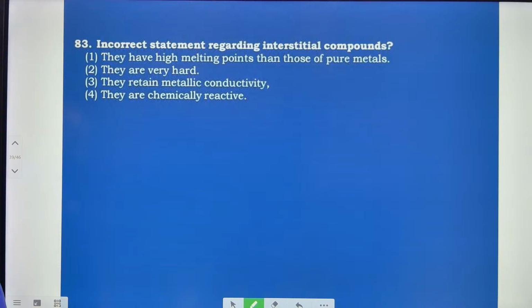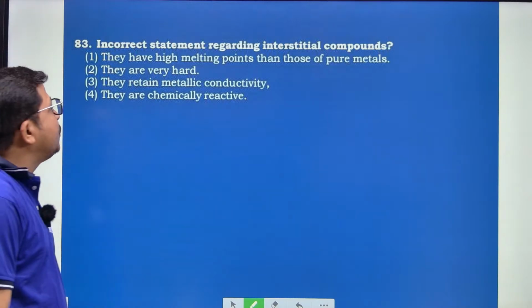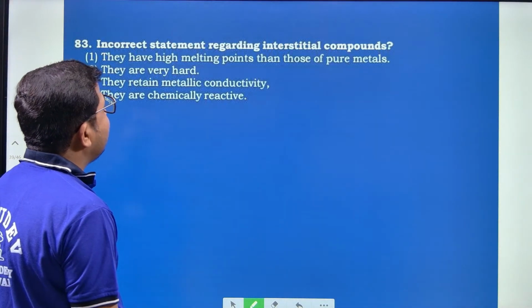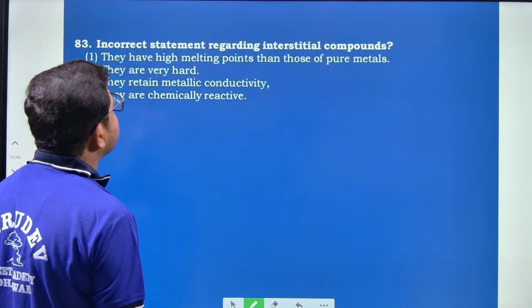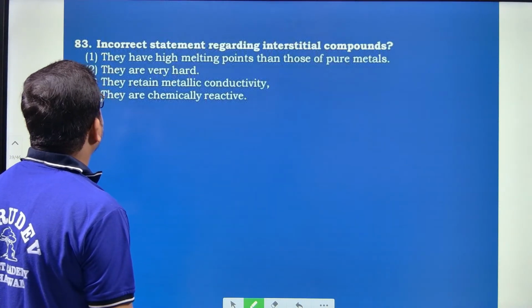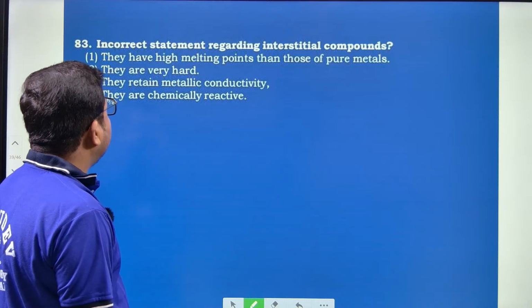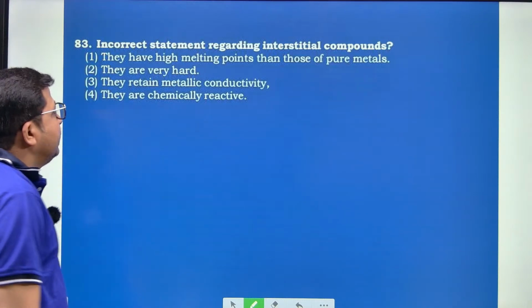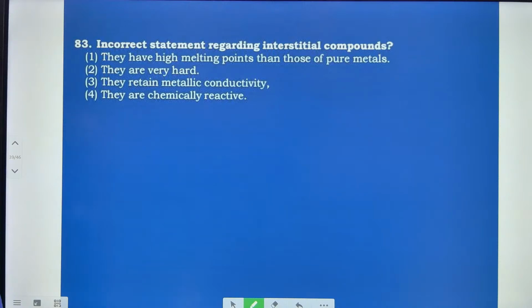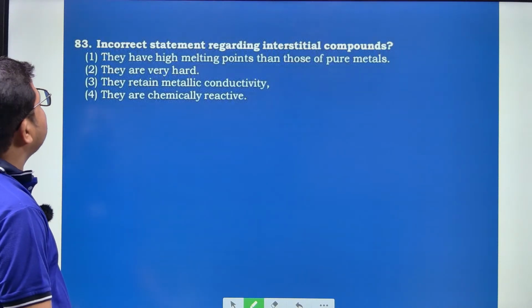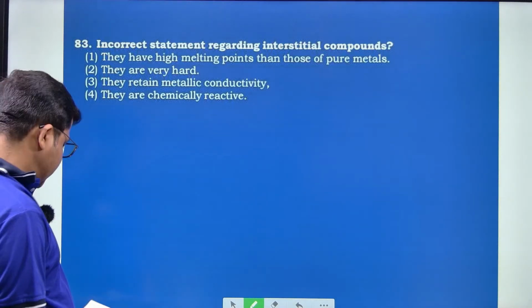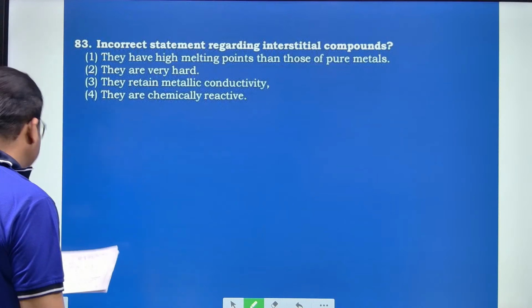Incorrect statement regarding interstitial compounds. They have high melting points than those of the pure metals. They are very hard. They retain their metallic conductivity. They are chemically reactive. Basically 83rd is